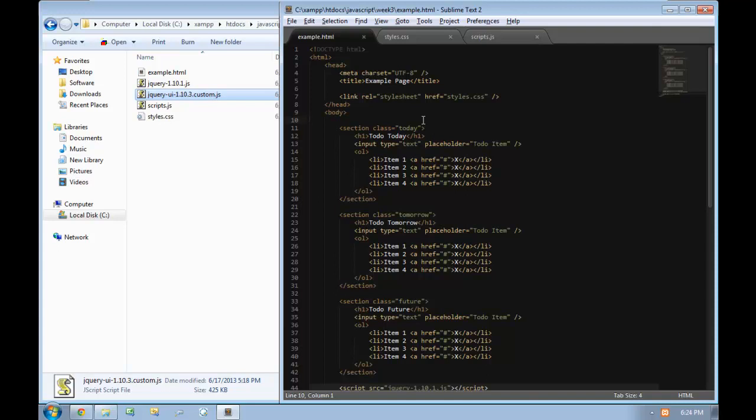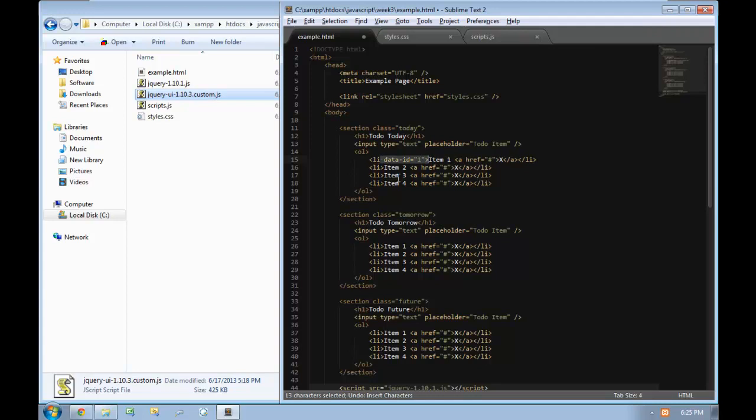So I want to really quickly introduce the basic data API, and that was actually introduced with HTML5, but jQuery gives us a really nice ability to handle that as well. In HTML5, what we can do is on any element, we can attach additional attributes that don't actually exist in the specification, as long as we prefix them with data dash. So I can say data-id equals 1. And then I can say data-id,